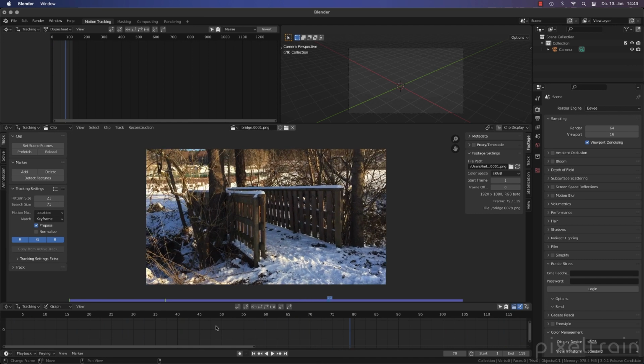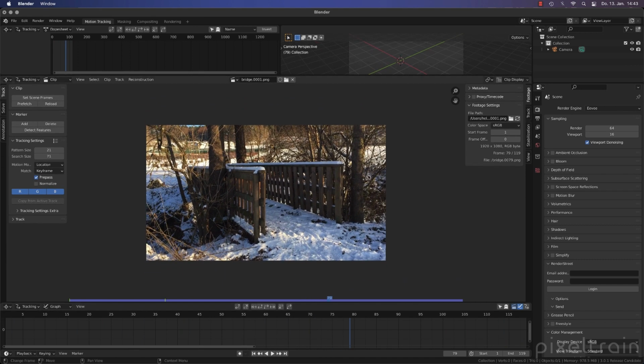So the idea is, for example, that I later want to place an object here on the bridge. We see that we don't have a real floor, so here is a little step and the snow is not really equal in the floor sense. So this is a little bit of compositing work later, okay.